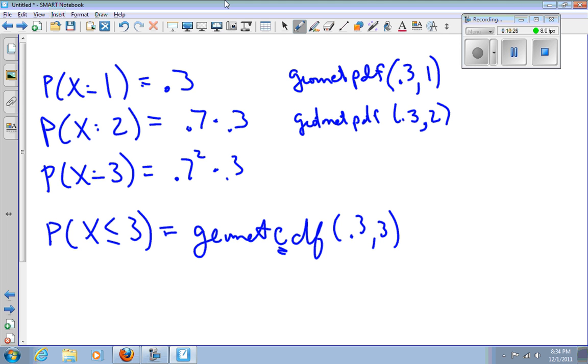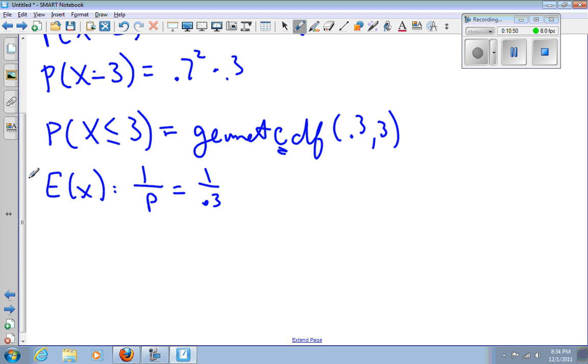So I play you until I win, and I count how many times it was. And then I start over, and I play you until I win, and I count how many times it was. What's the average number of times it would take before I finally beat you? Or put another way, what's the expected number of times? Well, the formula is 1 over p, so it's 1 over 0.3. And to find the variance, I would use that other formula that I gave you. The variance for this would be 1 minus p over p squared, or in other words, 1 minus 0.3 over 0.3 squared. And that formula will give you the variance on all these different times that I play you until I finally win.